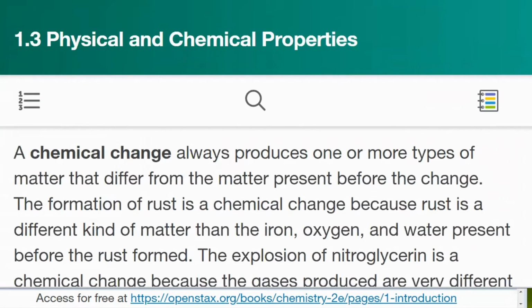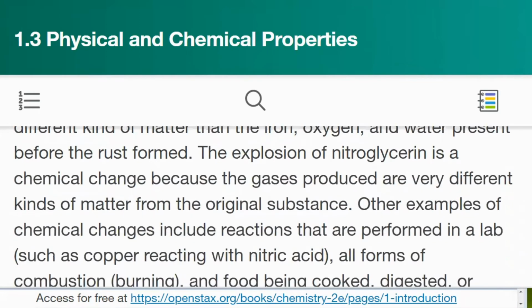A chemical change always produces one or more types of matter that differ from the matter present before the change. The formation of rust is a chemical change because rust is a different kind of matter than the iron, oxygen, and water present before the rust formed. The explosion of nitroglycerin is a chemical change because the gases produced are very different kinds of matter from the